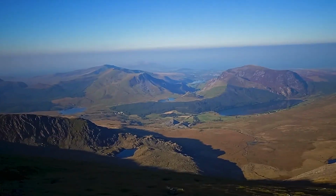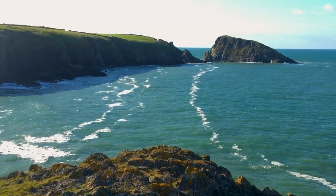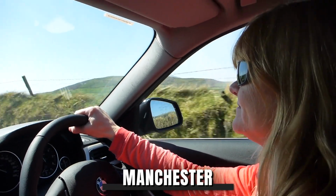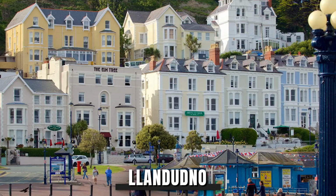Are you looking for an epic road trip that's a little off the beaten path? Well, let's explore Wales. It's a land of adventure thanks to its rugged coastlines, towering cliffs, and beautiful national parks. We flew into Manchester and rented a car at the airport where we quickly crossed the border from England to Wales. Our first stop was at the seaside resort town of Llandudno, where we spent the night before heading to